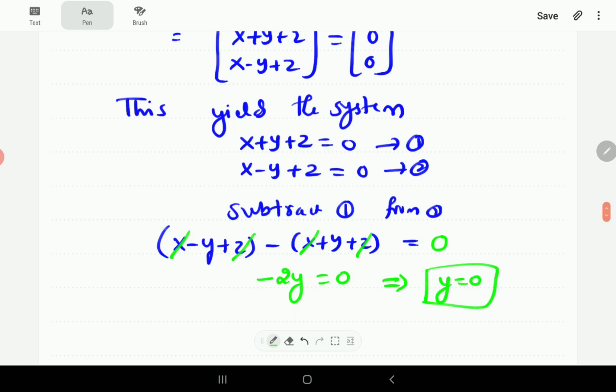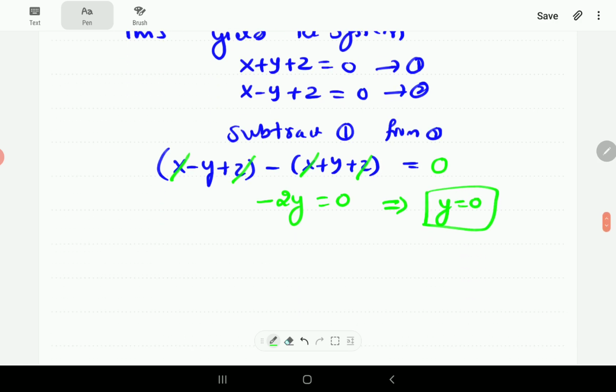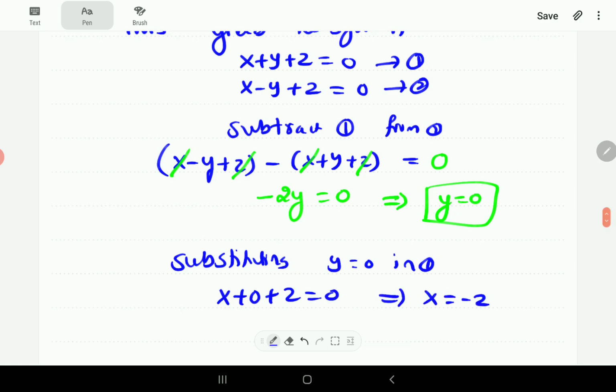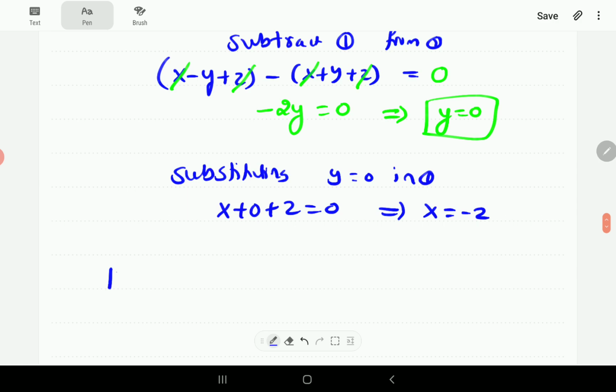Okay. So once I got y equal to 0, substituting y equal to 0 in 1, what we get? x plus 0 plus z equal to 0 implies x equal to negative z. Okay. So therefore the kernel of t,